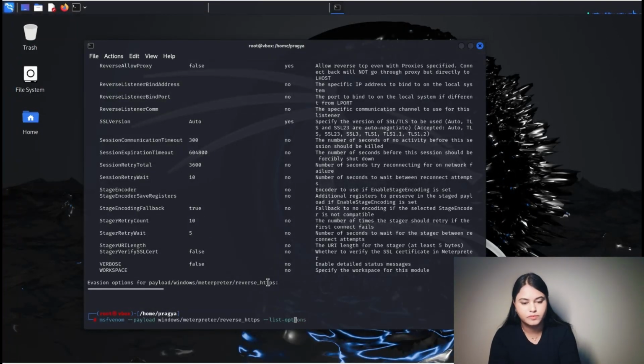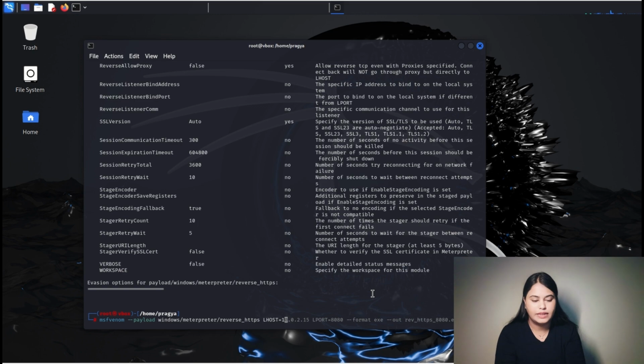I'll use the up arrow and then I'll add the further command to it. I'll be setting LHOST, and then I have to give my IP, which is 192.168.1.2.